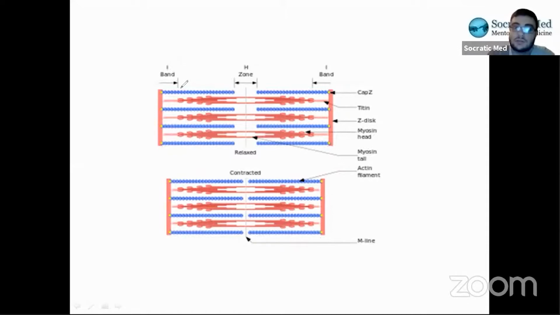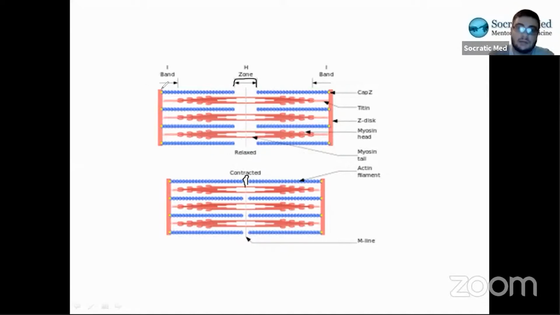Remember, the H zone is the third zone. So the first zone is thin. The second zone is both. The third zone is the H zone. It's only thick filaments. While thick filaments themselves don't move, this space gets filled up by the thin filaments. Look, in this zone where I drew this line, the thin filaments kind of pushed into it. Since the H zone is where only thick filaments are, all you're left with in this final picture is this little tiny piece where there's no blue stuff. And you see how much smaller it's gotten from relaxed state to contracted state.